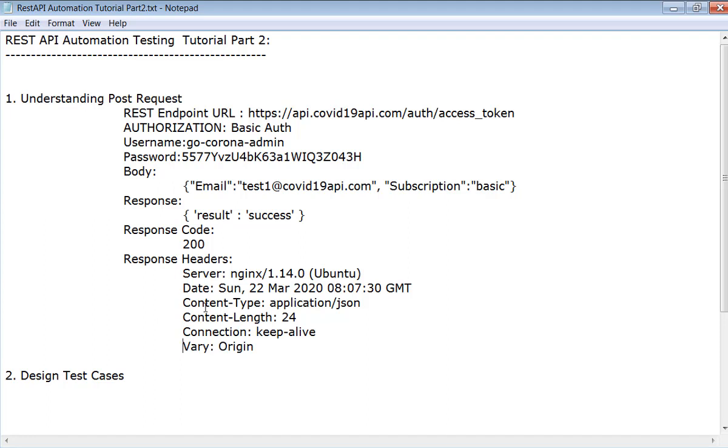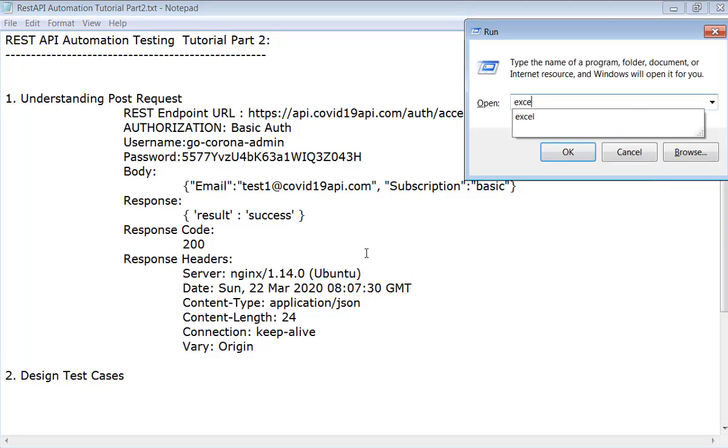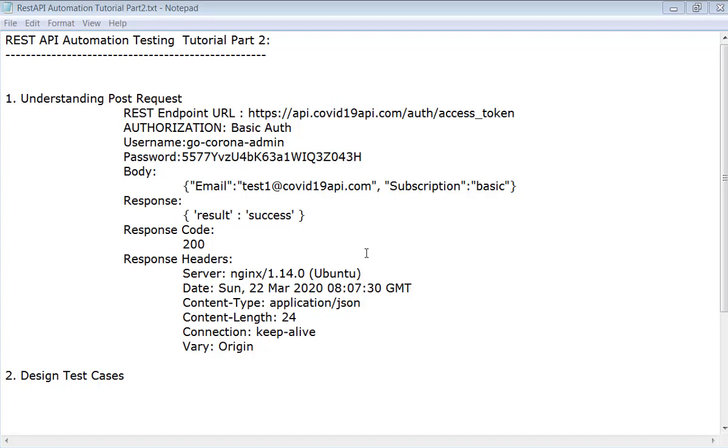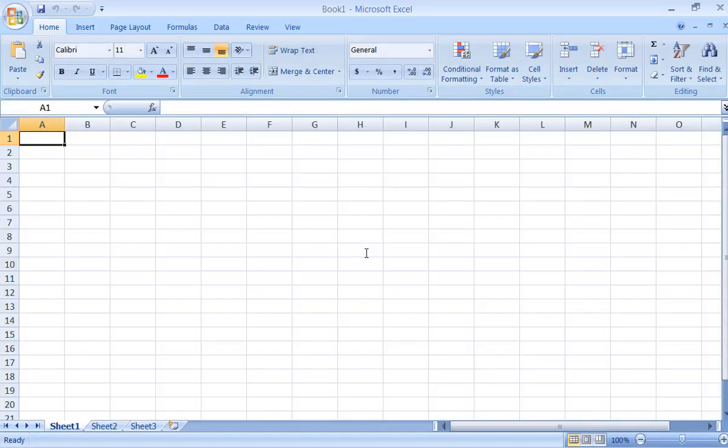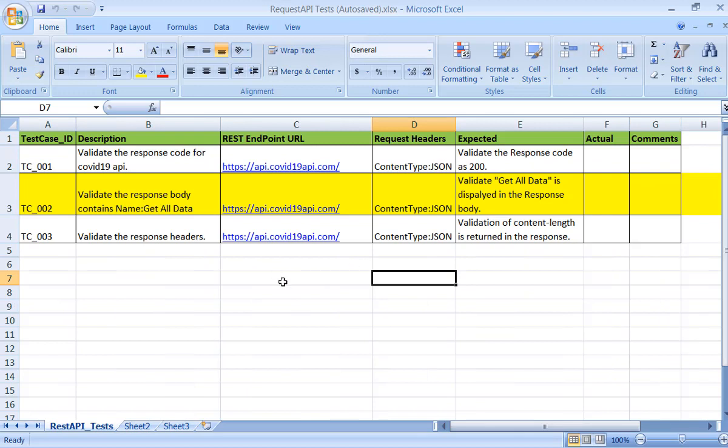Once this information is available, we have to start designing the test cases for the POST request. Let me open Excel. We will open the test cases which we already wrote for GET.